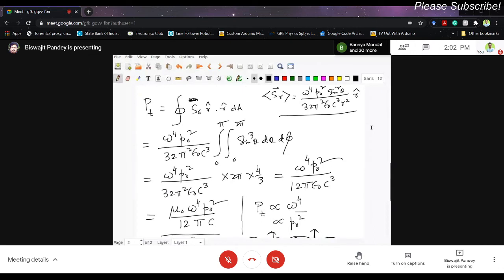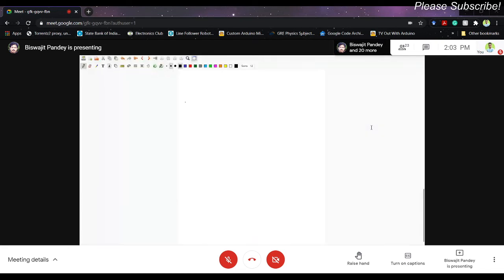So let us start our discussion on oscillating magnetic dipole. I have already explained what an oscillating magnetic dipole means. So we want to calculate the field first. The idea is very similar. You just have to calculate the field associated with an oscillating magnetic dipole, either from potential or whatever technique you want to use. Then from the field you calculate the Poynting vector, and use the Poynting vector to calculate dP/dΩ, or the total power radiated by that system. So we already have some idea about our approach.